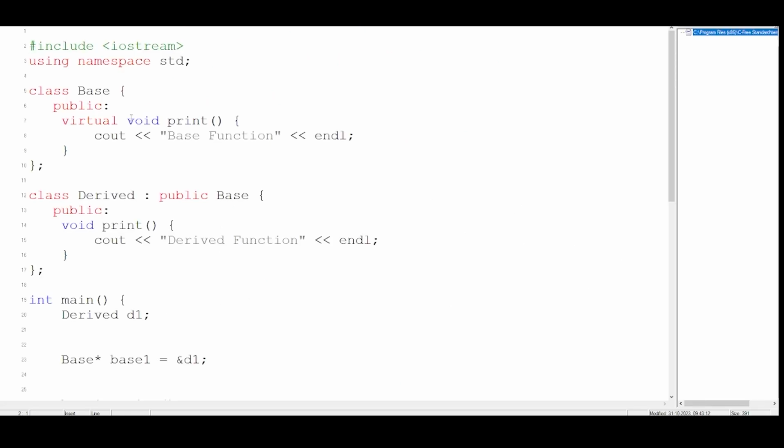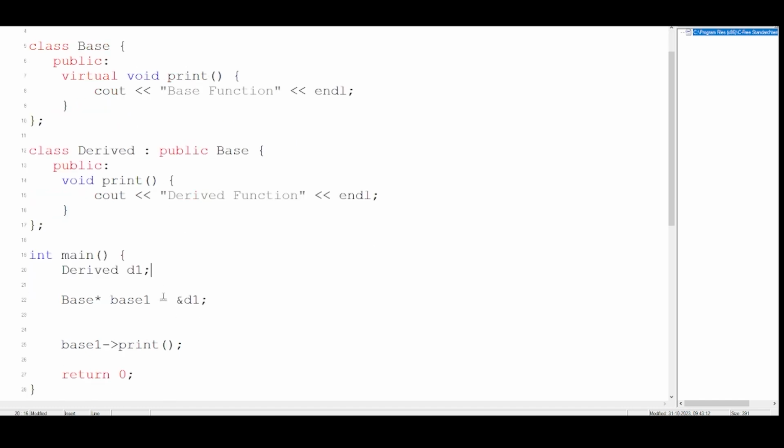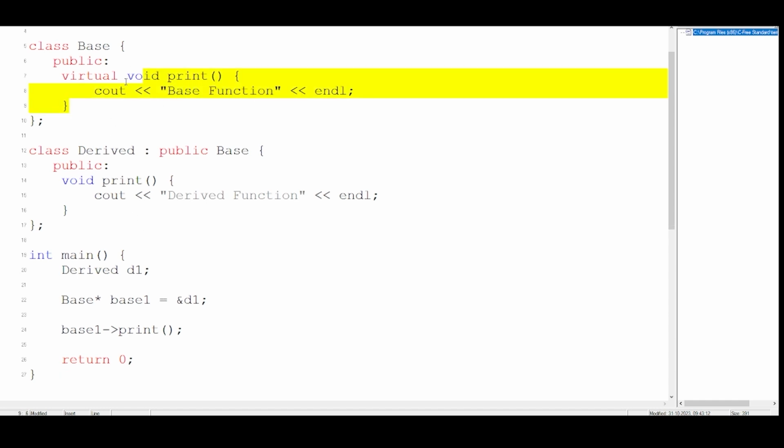Over here, I have a program using a virtual function, and obviously it's a pointer based program. Firstly, at the top, I've made a class named base, and inside it I simply have a print function. But if you look very carefully, there's a virtual keyword over here. So that means this function is a virtual function. What is it doing? It's simply printing the base function, as it's a print statement.